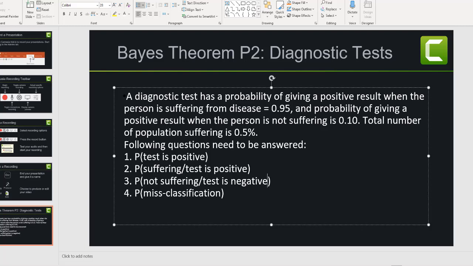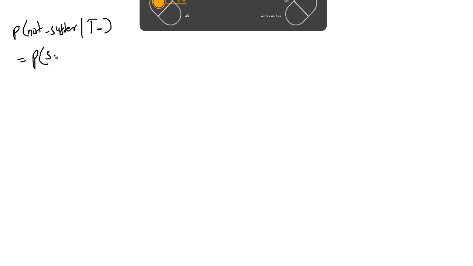So how do you express that one? What is the probability of not suffering given test is negative? This one can be expressed as s minus given t minus is equal to probability